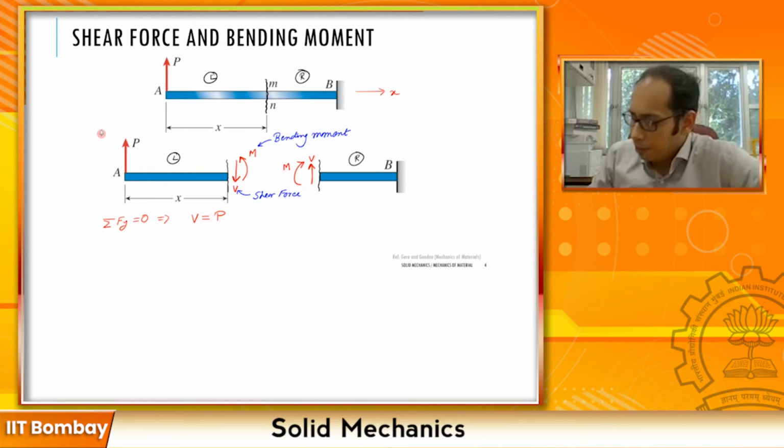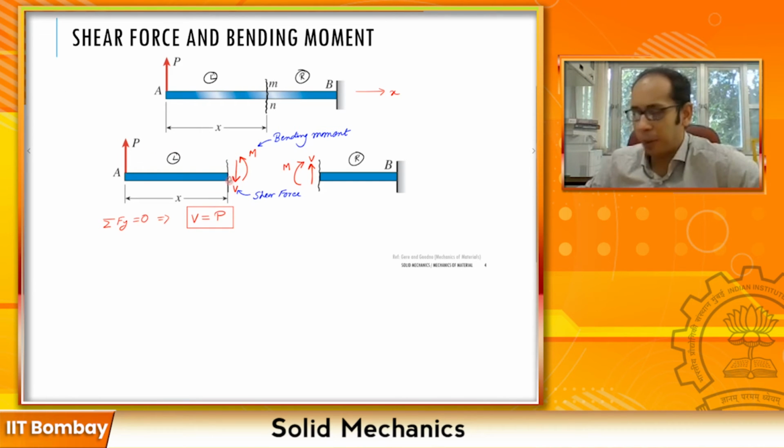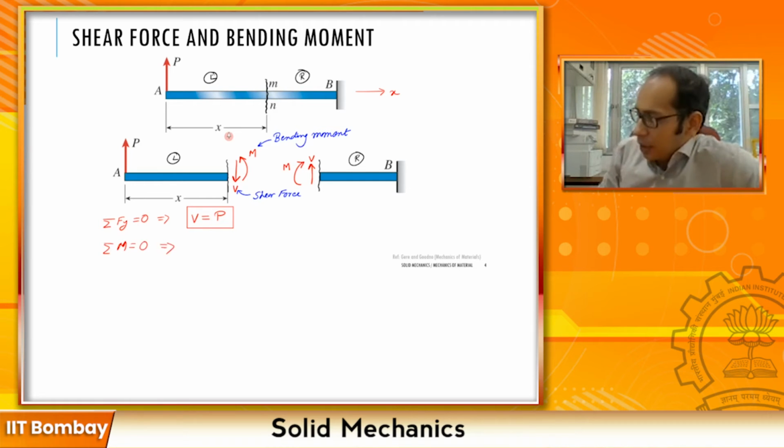So my V is equal to P over here, right? And how do I find the moment? If I take the moment of all the forces about this particular section MN, what can I write? I am just doing the moment equilibrium, so my summation of moments must be equal to 0. That gives me